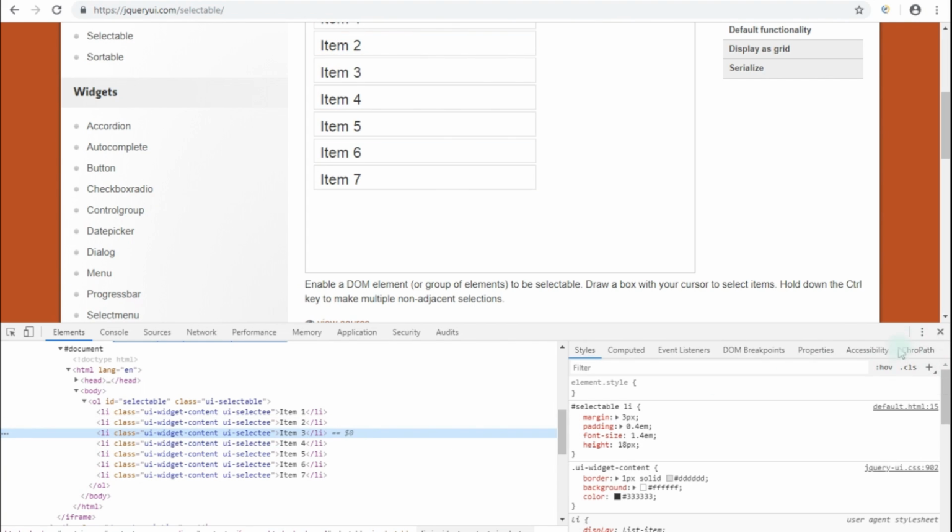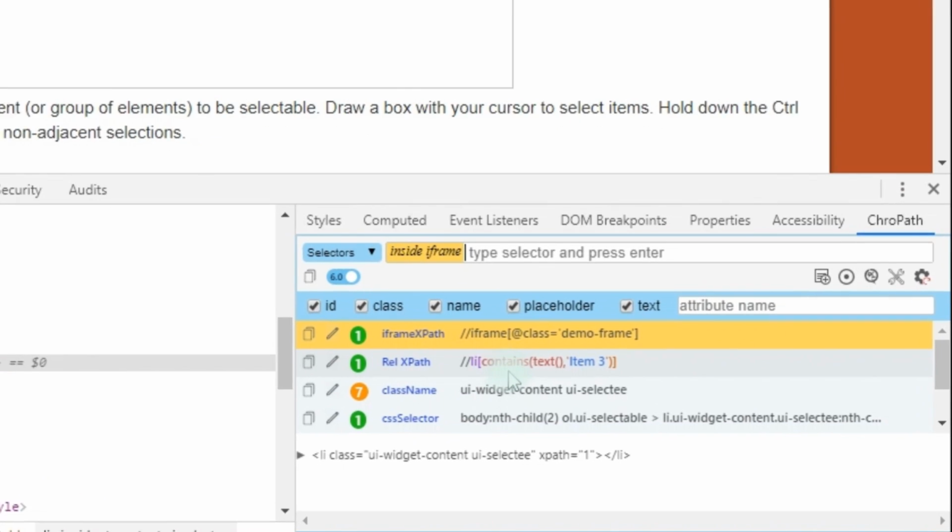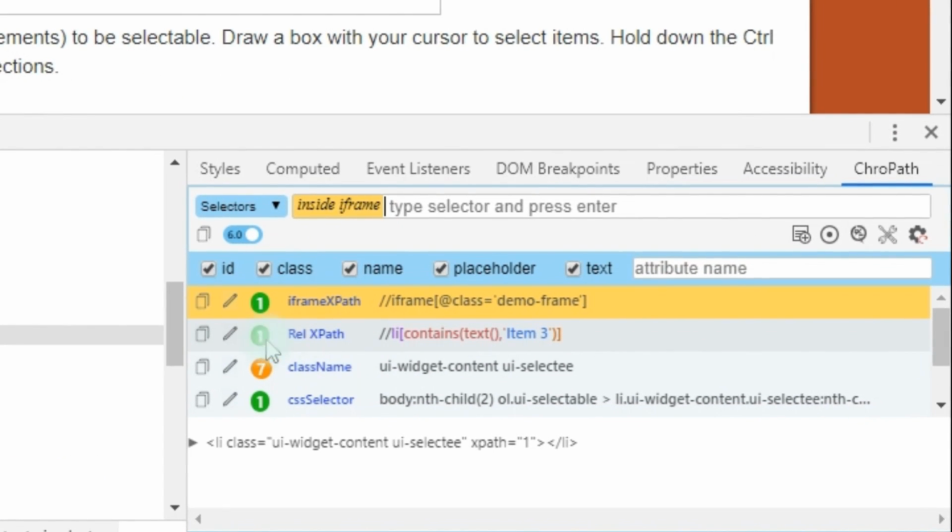So for that I have to click on this tab here and the XPath is displayed. So we will copy it